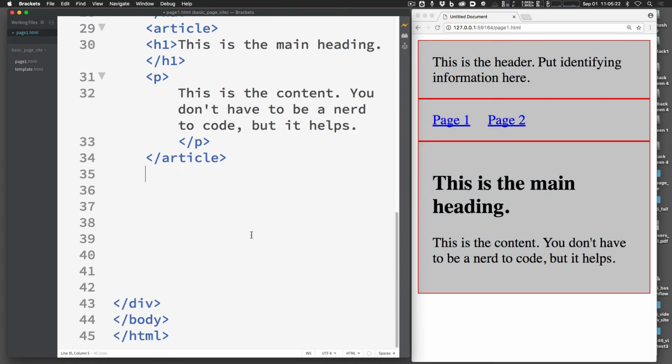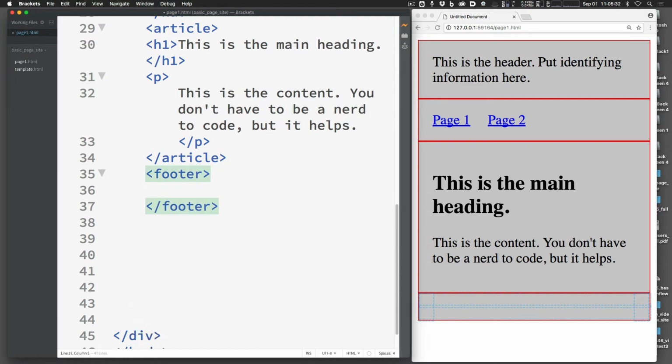All right, the last element on our page is going to be the footer. So I'm going to go below my article here and add a footer. And in the footer, you're commonly going to have copyright information, that kind of thing. So I'm going to put the special character for copyright, which is ampersand copy and then a semicolon, not a colon. And then I'm going to put space and then